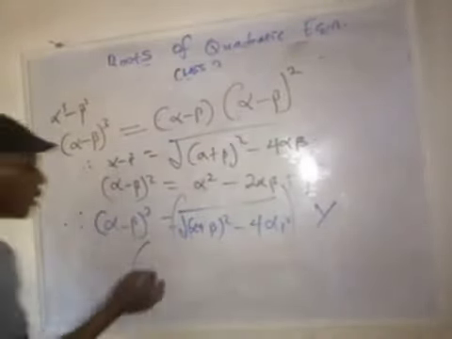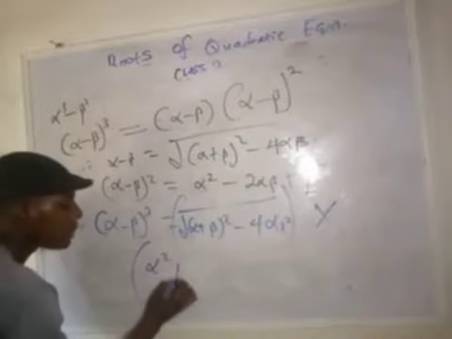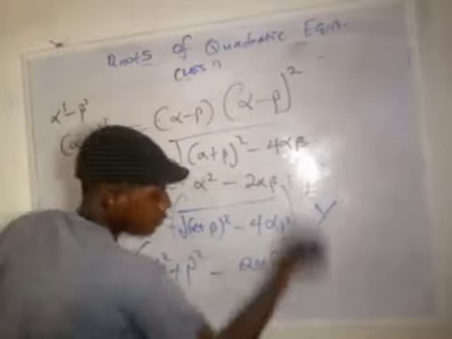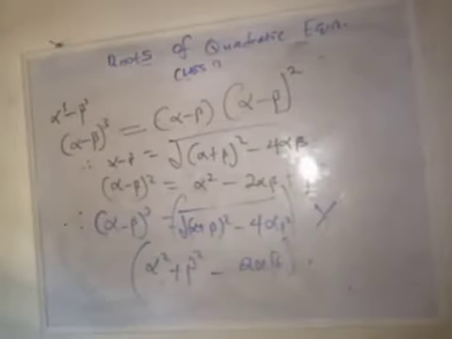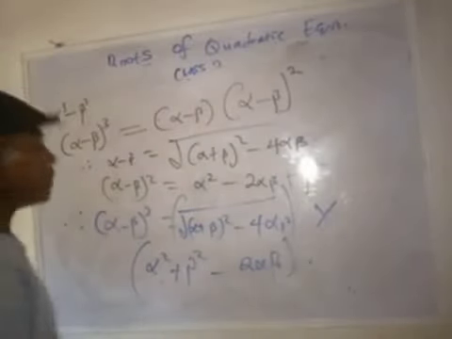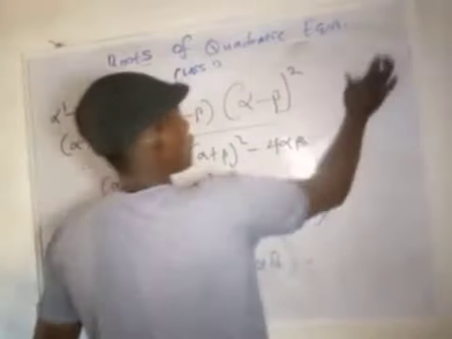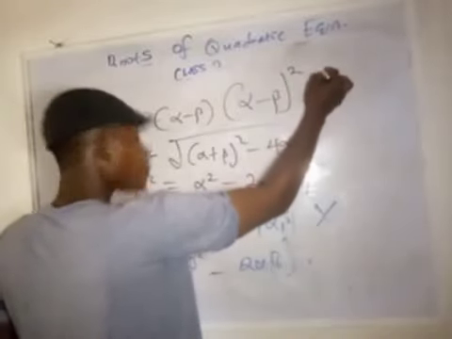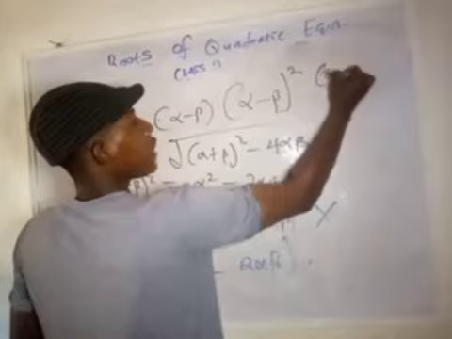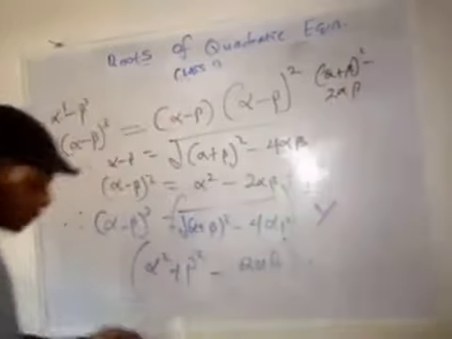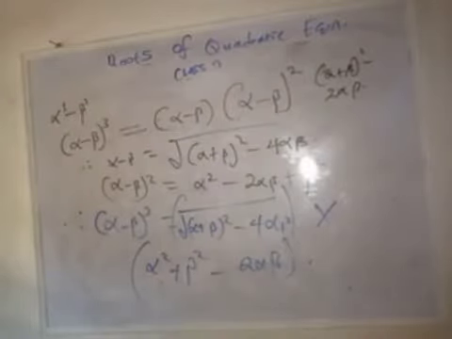Alpha minus beta squared will be in the form of alpha squared plus beta squared minus 2 alpha beta. And we know that alpha squared plus beta squared is simply the same as saying alpha plus beta squared minus 2 alpha beta, right? And therefore, I can now say